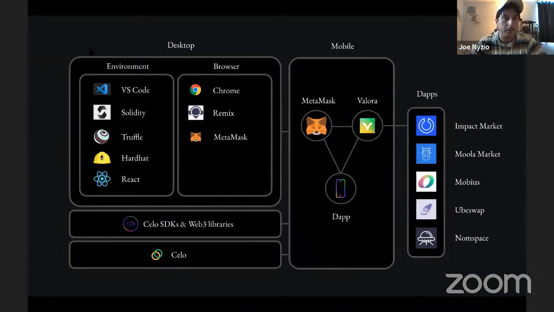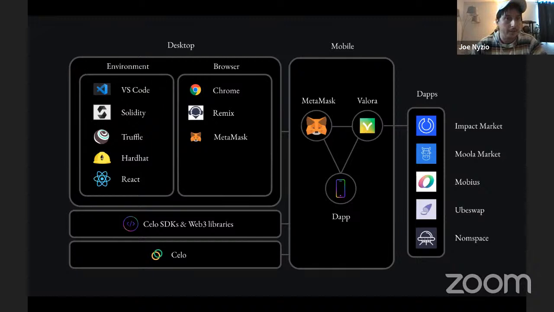To make these dApps, you're going to want to set up your local environment, or your environment on your desktop. And that could either be a local environment or a browser environment. Where we're going to start today, after a quick overview of getting started with MetaMask, is in a browser, because it's a lot quicker, it's a lot easier, and it takes a lot of the headache away from getting started. The best tool for that I like is called Remix. That's what you'll use to deploy your smart contracts. You can look at them in the Block Explorer, integrate with MetaMask, and use your Chrome browser to do all of that.